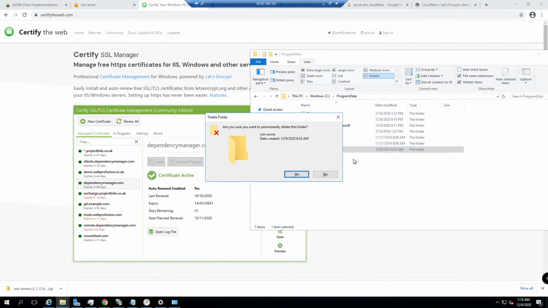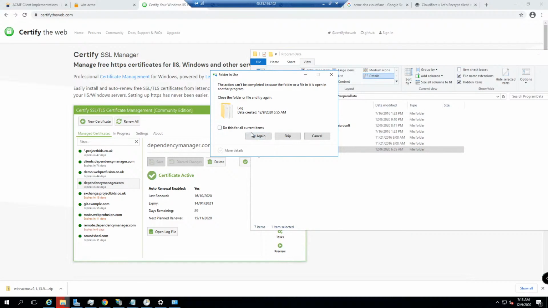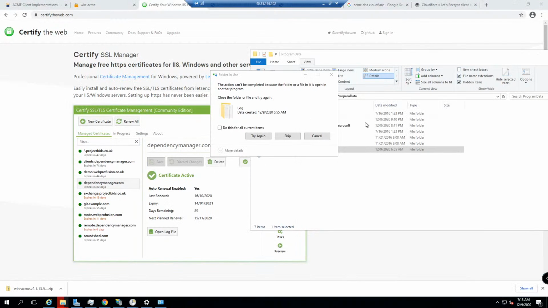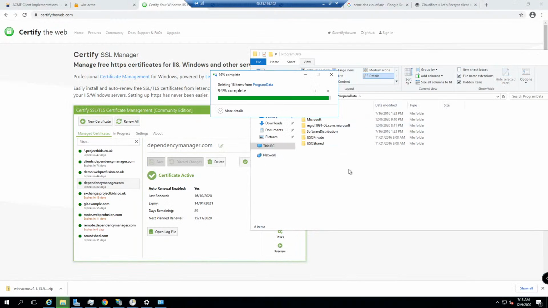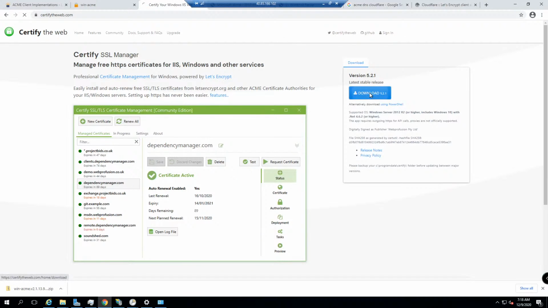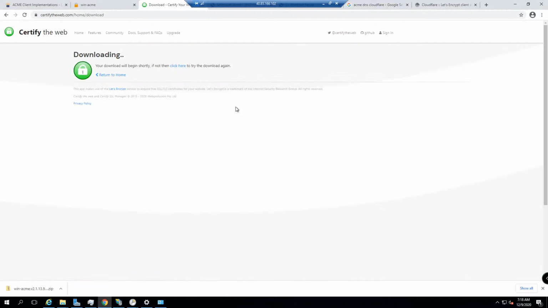WIN-ACME. So now, in theory, current folder is in use. I think I might have these files opened. Let's get rid of them. That's better. What's going on here? Download. So I wonder if we can do the same thing, so it will auto renew